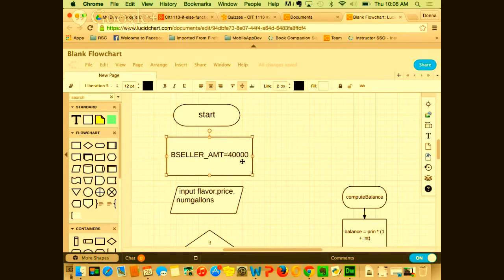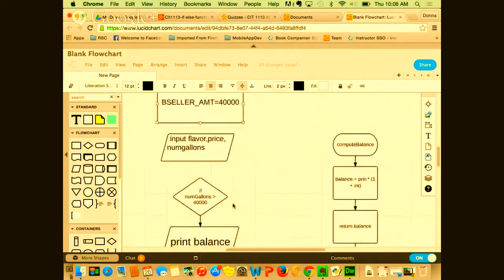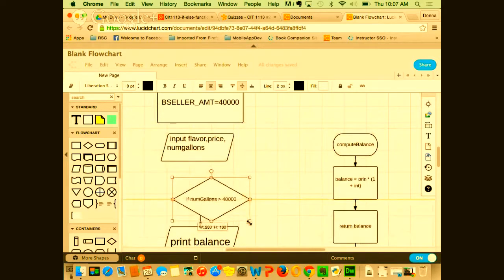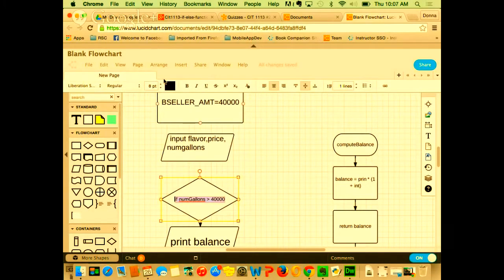Instead of using the value down here in my comparison, first of all, I have to make my decision box a little bigger. Make this bigger too. Maybe not there. That'll be big enough, I think.